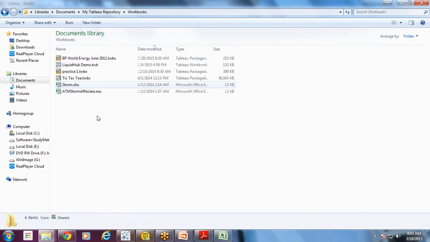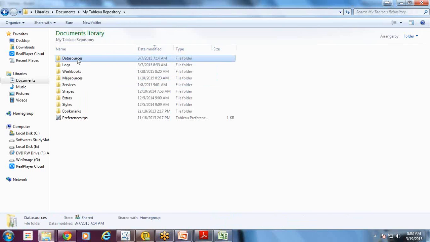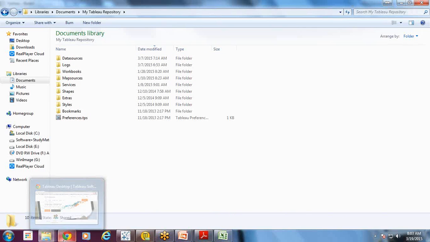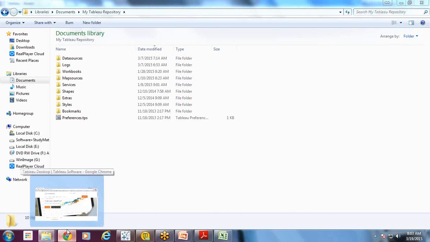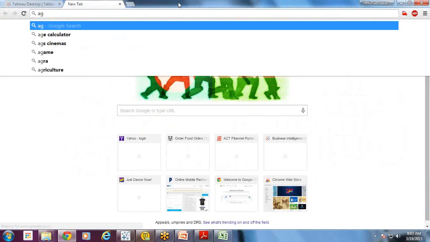The folder called Workbooks. Do you have any files there? No, I didn't install it on my current system. That's somewhere else. Okay. All right, so even if you don't find it here, you don't have to worry about it, because you just have to Google Tableau sample files, and you will find many. Yeah, Tableau